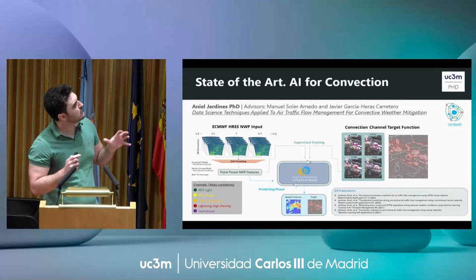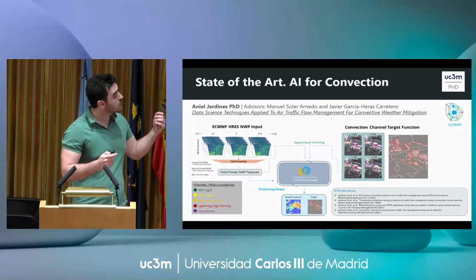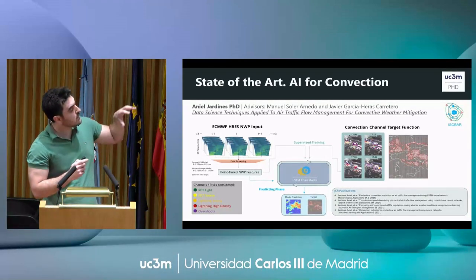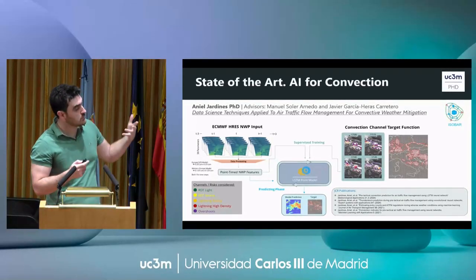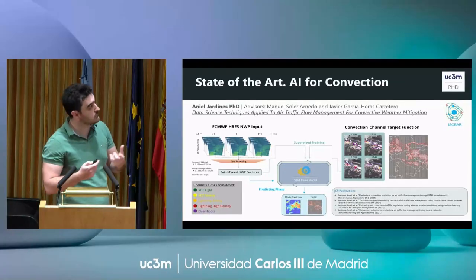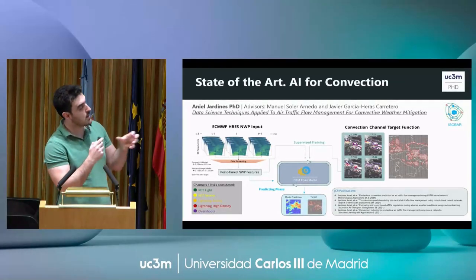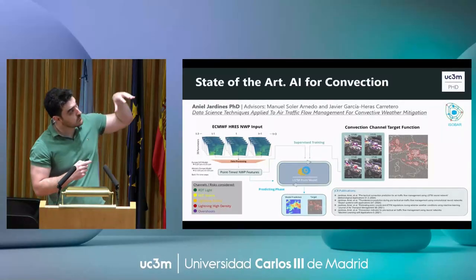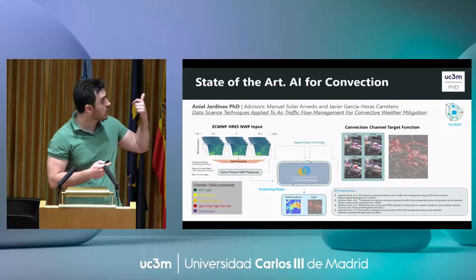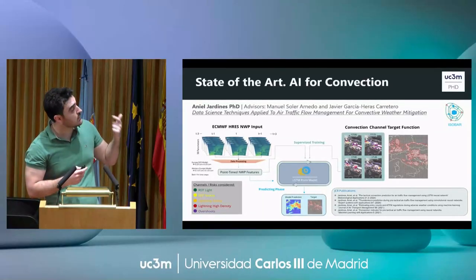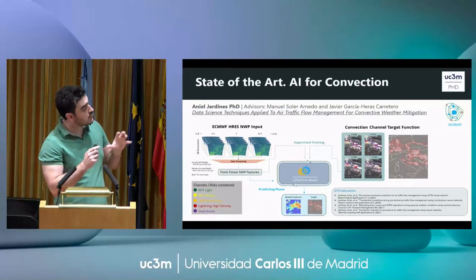But the idea that we have here is kind of to put the AI in between the numerical weather products that we use, kind of a forecast of the state of the atmosphere, and we try to use the AI to map this state with convection risk that we derive from different data sources. And he'll use satellite lightning to create these maps.